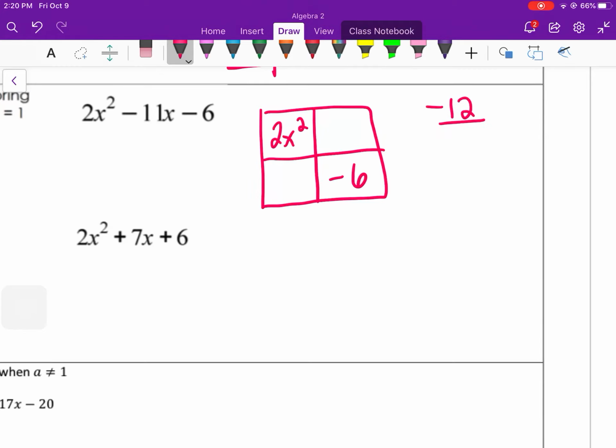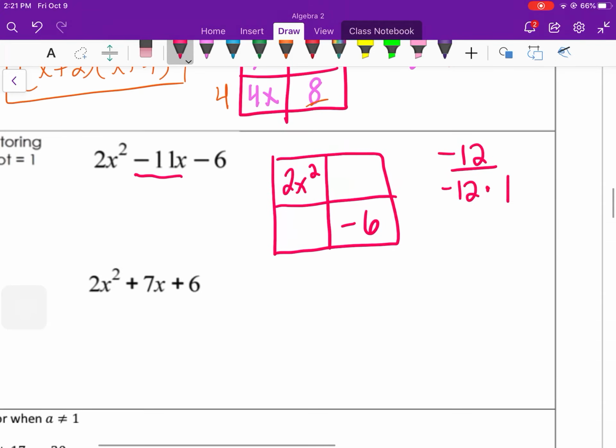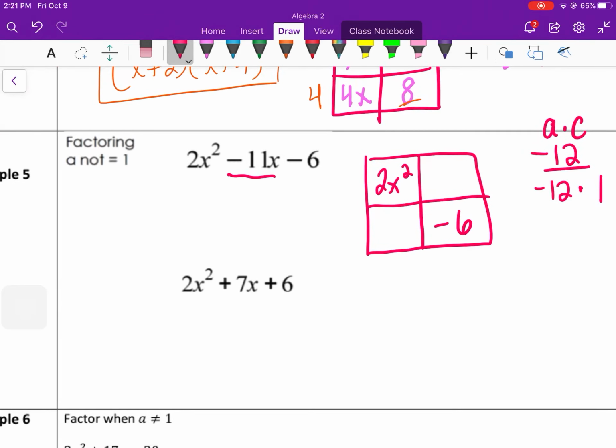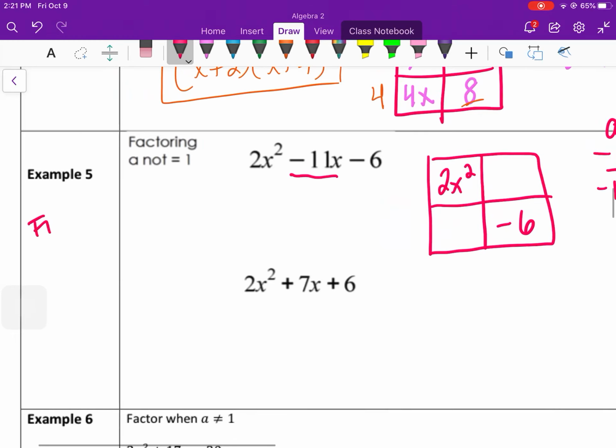Then you find factors of negative 12 that are going to add up to negative 11. That would be negative 12 times positive 1. Multiplies to negative 12, adds up to a negative 11. I took the a value times the c value. So you're doing a times c, and you find factors of a times c that